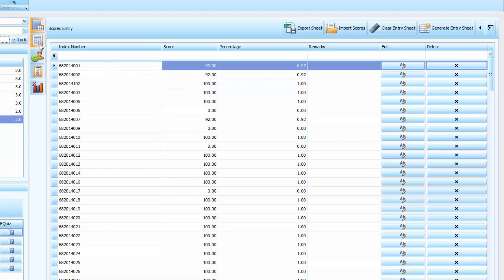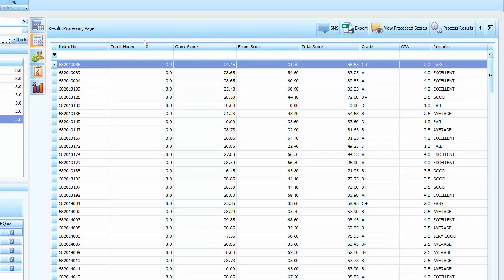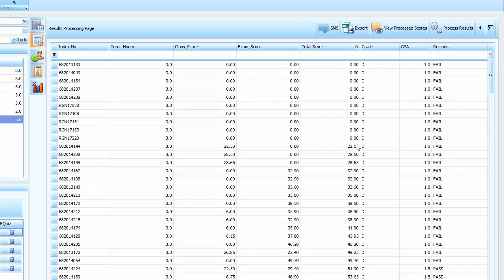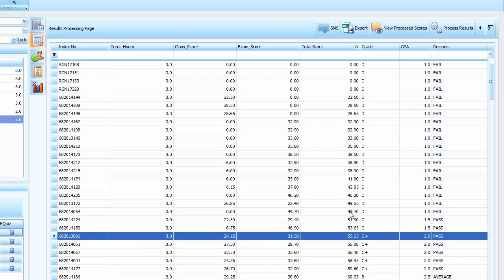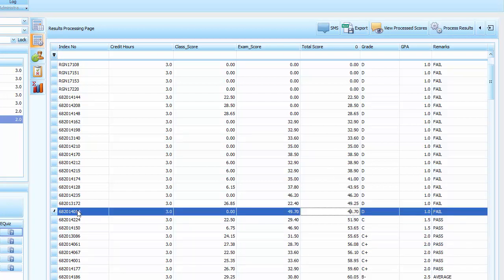Let me look at the students who actually fell below the cutoff, let's say 49. So I'll go to the results processing page. I'll view the process results for the particular course, and then let me just look at the total score. Let me sort by clicking on the column header here. All right, so if the cutoff grade is 49,